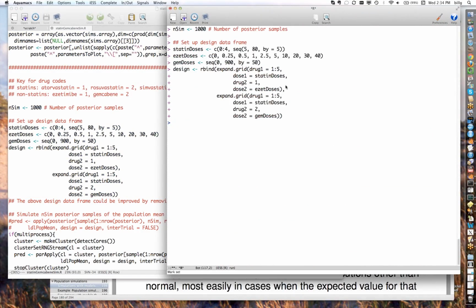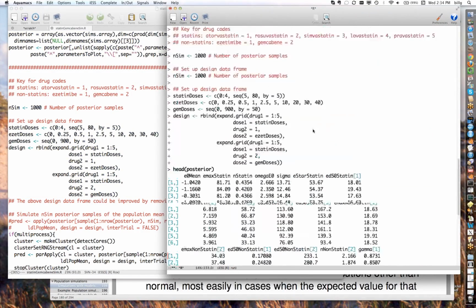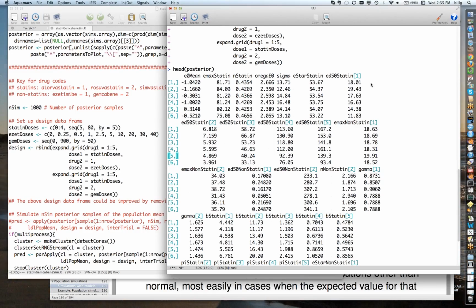Okay, what I wanted to show you was just the structure of the posterior matrix, if you haven't already looked at that in previous runs. It's going to stretch it out for a while, but you get the general gist here. So here I just looked at the first few rows. You can see the column headers here correspond to all the parameters that we have in our model. So like your E0 mean, the Emax for the statins, the exponent for the statins, and here our